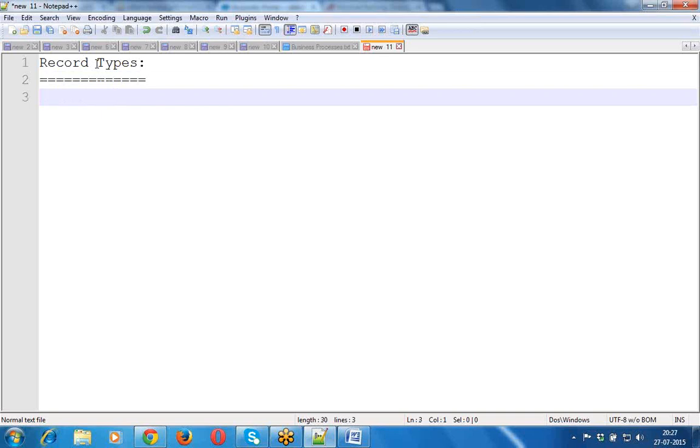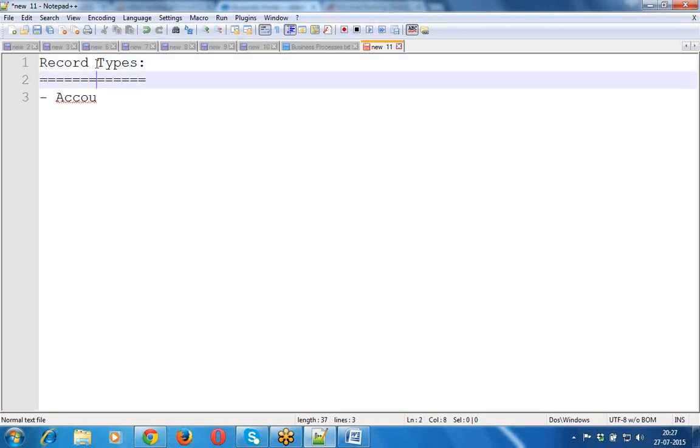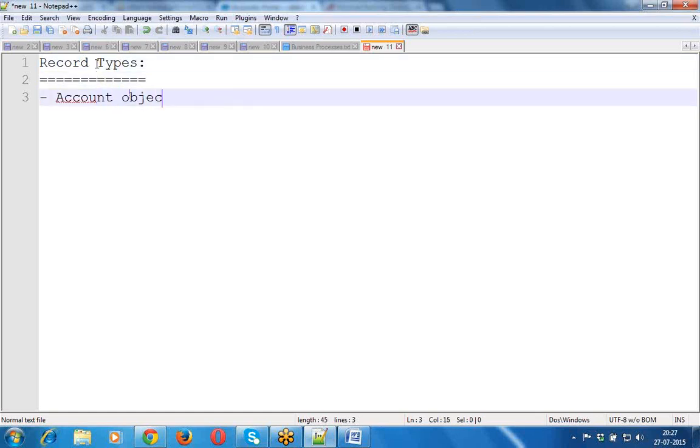What do you mean by this record type? When coming to our Salesforce account, we are creating so many records. Let's assume that we have an account object. In this object, we are creating one or more records.